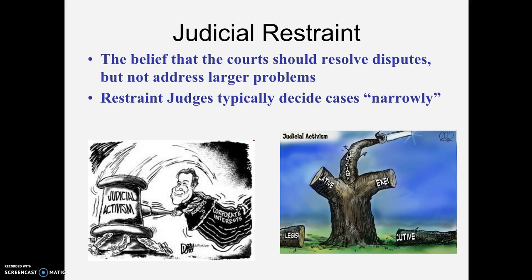The flip side is judicial restraint. And judicial restraint is viewed as an attitude that judges, when they make decisions, should decide things just as narrowly as possible. And this means really focusing in on the issue at hand, making a decision that affects the people involved only and doesn't really create any kind of sweeping changes. So judicial restraint is something that people appreciate if they like the status quo. And as you can see from these images down below, judicial activism, the opposite of judicial restraint, is again being portrayed in that negative view, which implies that judicial restraint for a lot of people is a good thing,